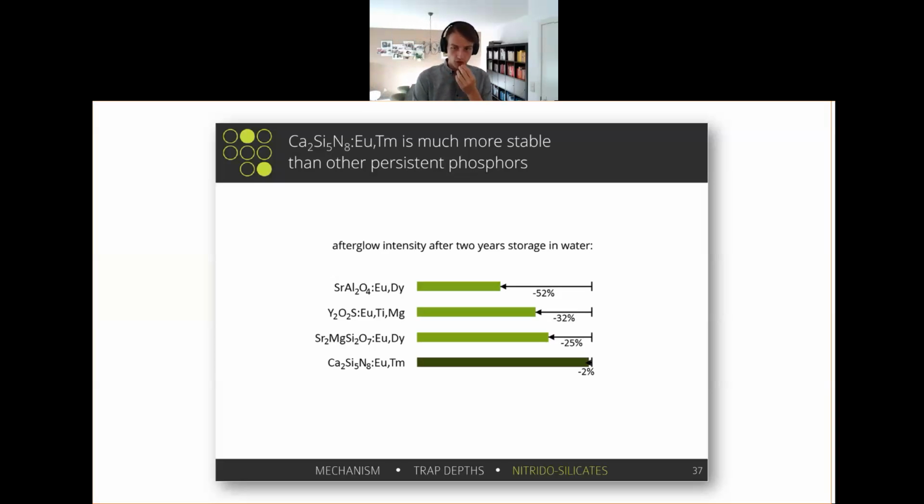Also, this visual shows, and I will probably be talking about this visual during my presentation, that the material which I made, so the last one, the calcium nitridosilicate, is much more stable compared to the other persistent phosphors. This is something that you can see in the visual. I also highlighted it with the color